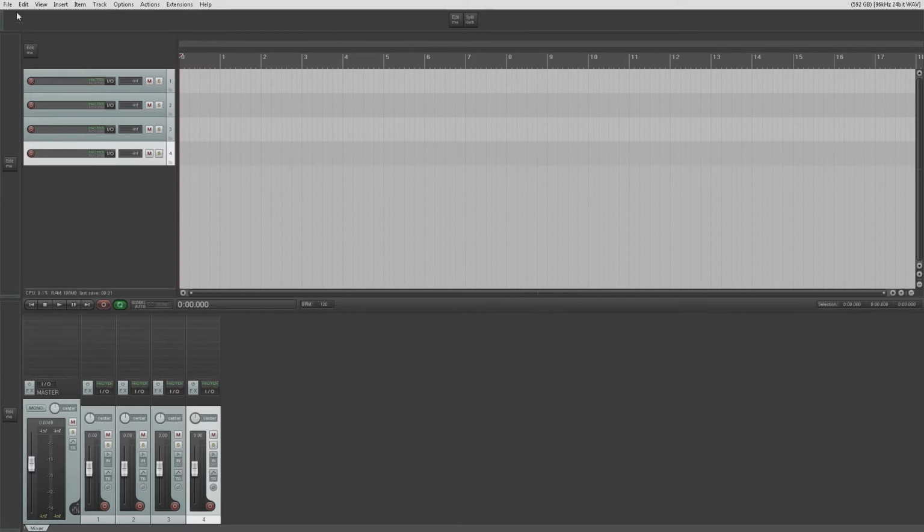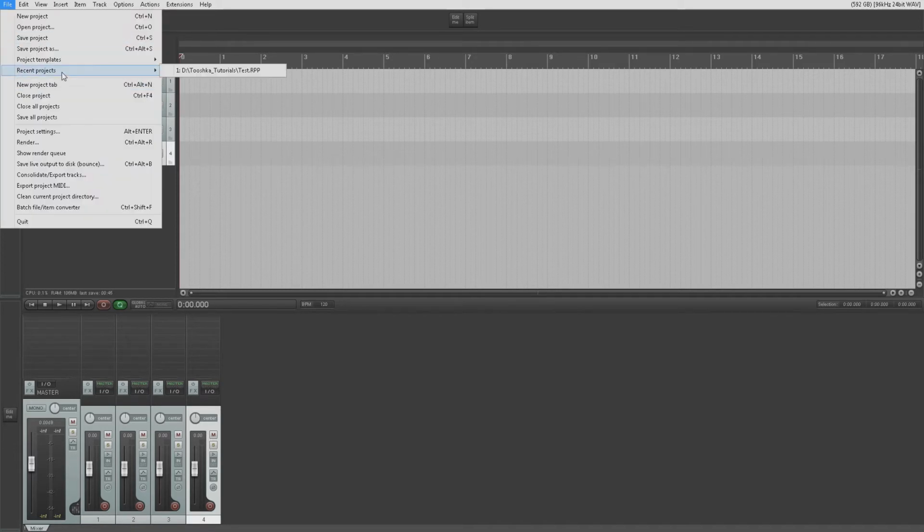Now, the reason project templates are so good is because if you're one of these people who, say for instance, on a regular basis, start off by creating 16 tracks and setting up the inputs for your drums, with particular input going to a particular input on your interface with a particular microphone, so on and so forth. You can then set that up as a project template, save that, and it will be in your project template